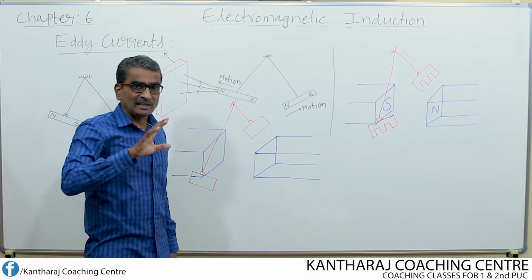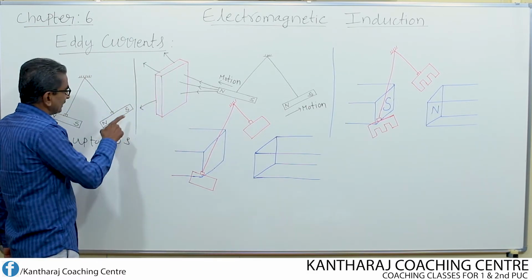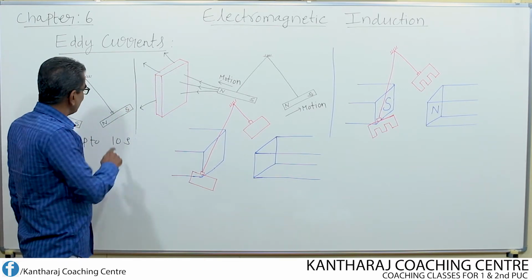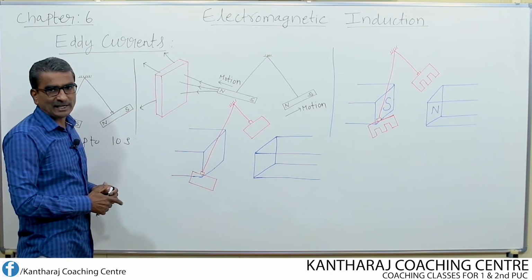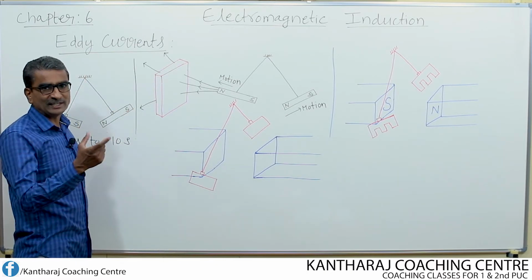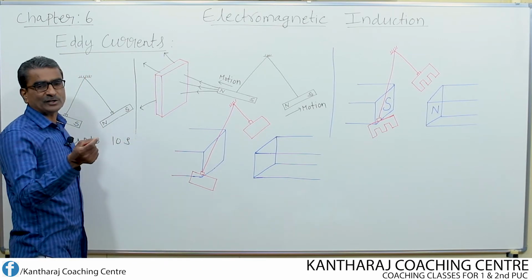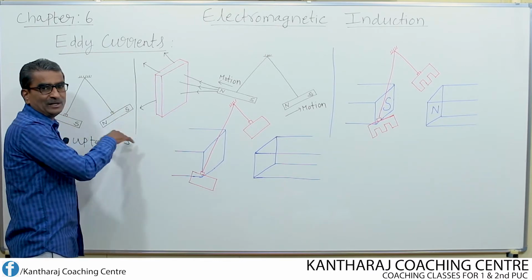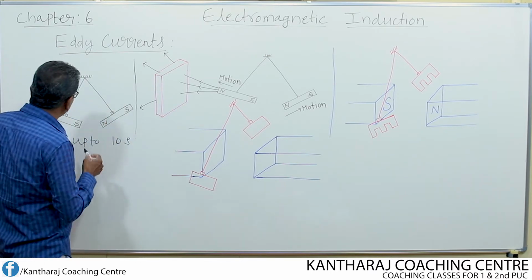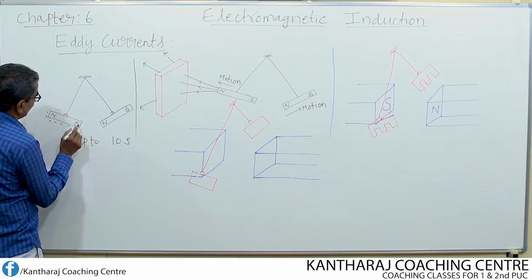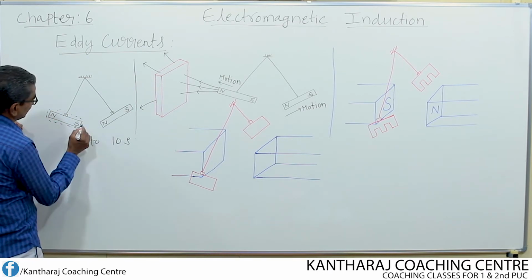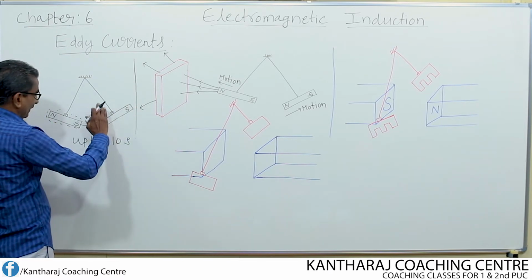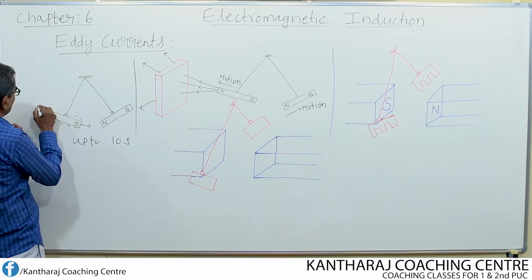Here the magnet oscillates for a duration of 10 seconds, which means there is no opposition to the motion of the magnet except the friction of the air particles with the surface of the magnet. The surrounding medium to this magnet is nothing but air, because we made the magnet oscillate in air. So there will be a slight frictional force, that means a slight opposing force to the motion of the magnet by the surrounding air particles of the atmosphere. If the magnet moves like this, then the frictional force will be like this.